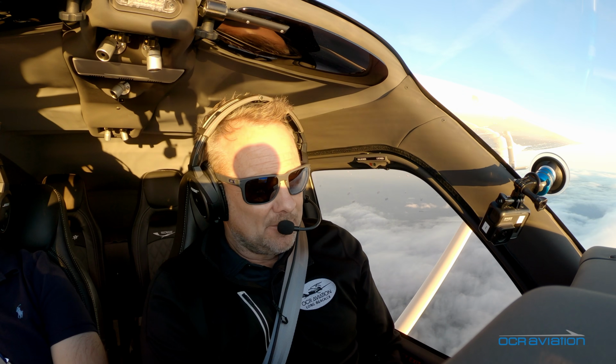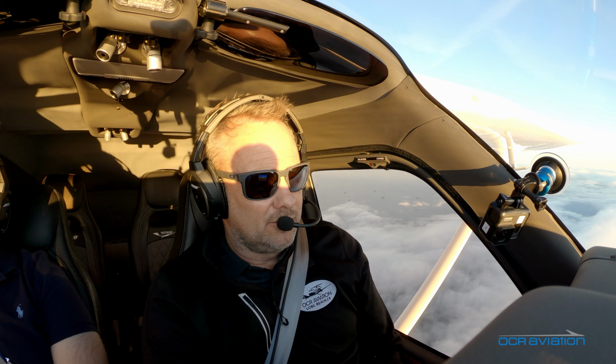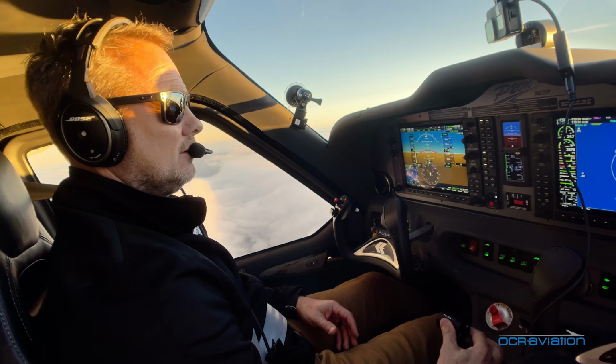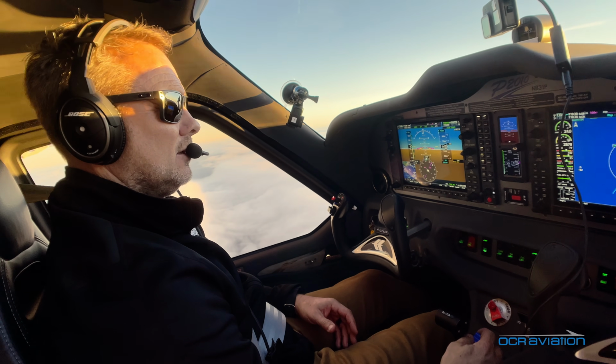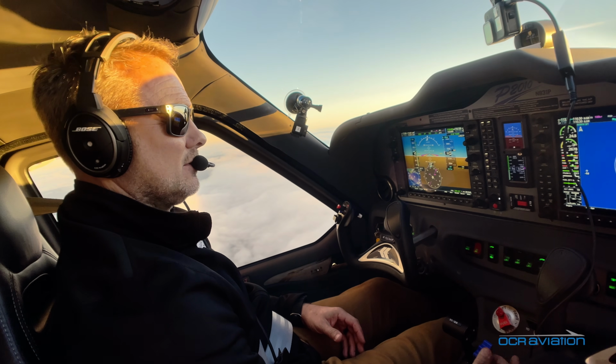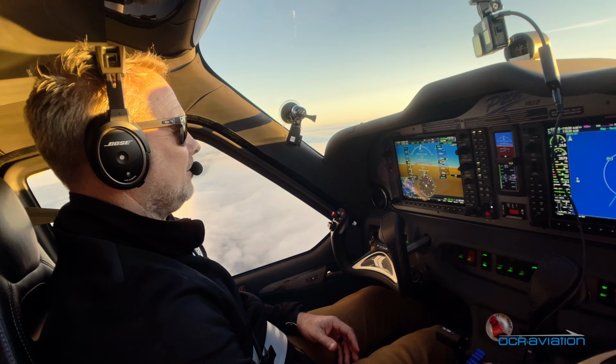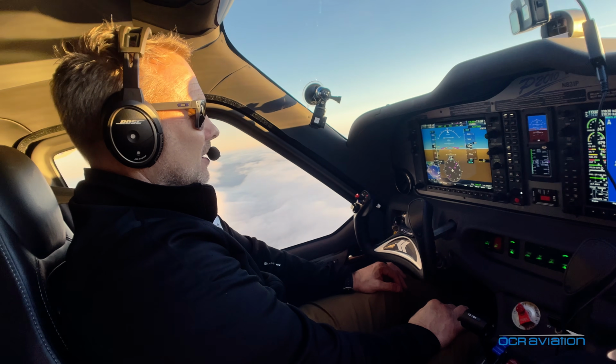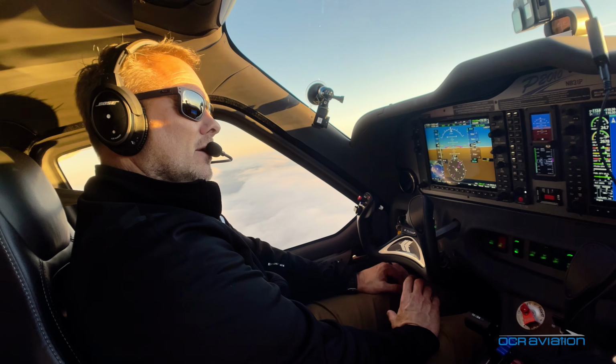And so we're climbing out at about 95 knots, doing about 600 feet a minute. And we've got it pretty much wide open, getting about 24 inches and 2,680 RPMs. I've got the fuel flow back just a little bit. We're going to take it up to 6,500 and do a kind of a cruise check and bounce it off